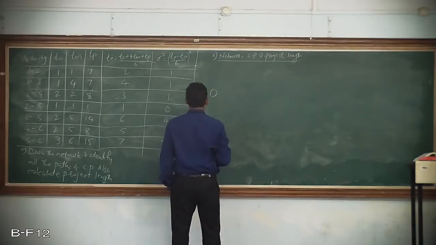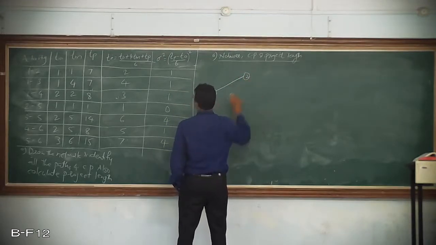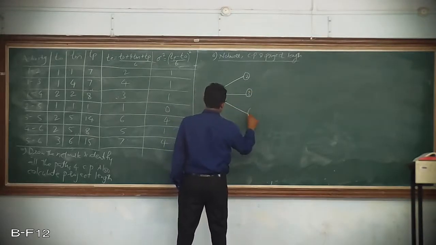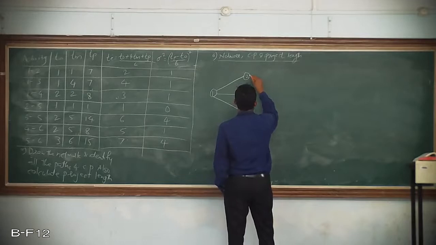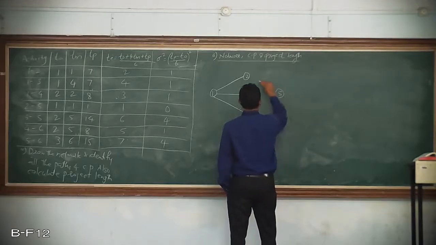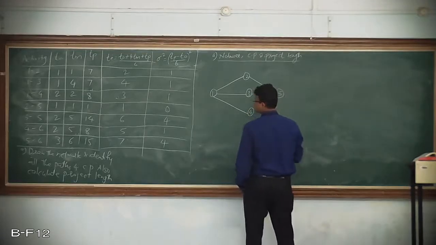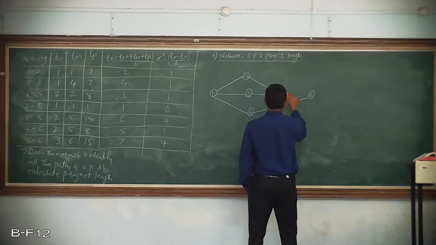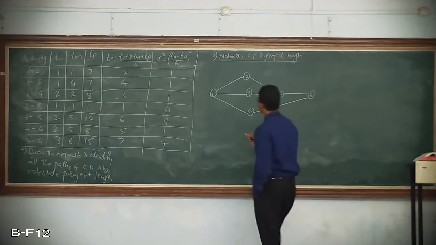So there is 1 to 2, then 1 to 3, and 1 to 4, and 2 to 5, 3 to 5, so 5 is here, then 4 to 6, so 6 I'll write it here, and then connect 4 to 6, and finally 5 to 6, right? So this is the simplest network that you can construct.